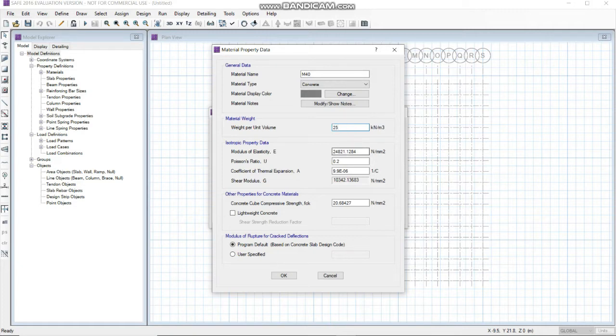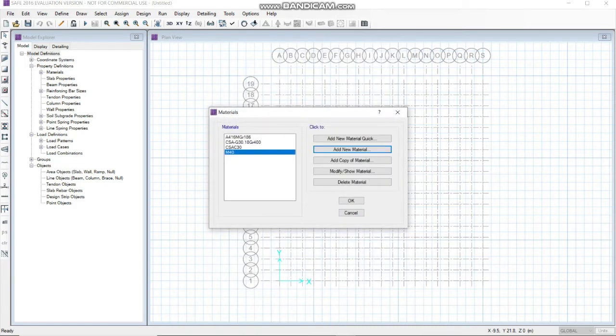These values we can get from the internet. 622.7, Poisson's ratio 0.2, coefficient of thermal expansion 0.000055, concrete cube compression strength is 40. Now click on OK. As you can see, the M40 material has been defined.